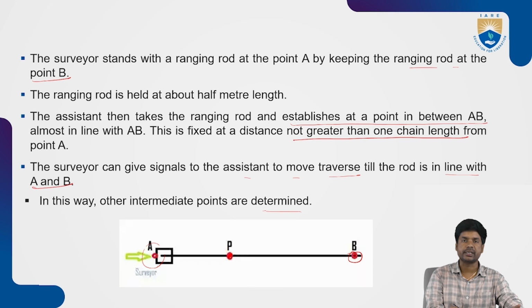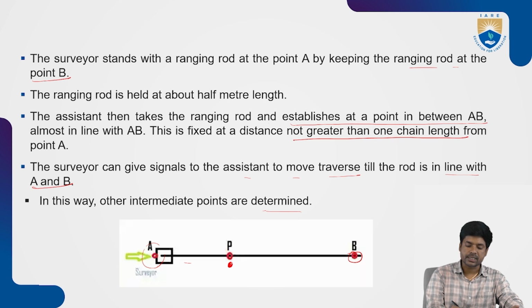Who is holding the ranging rod? Now, the surveyor who is standing at point A is going to guide this particular assistant to move the ranging rod to the exact position such that this intermediate point will be located on the line AB. Okay, sometimes while holding the intermediate position with the ranging rod, you may stand at a distance